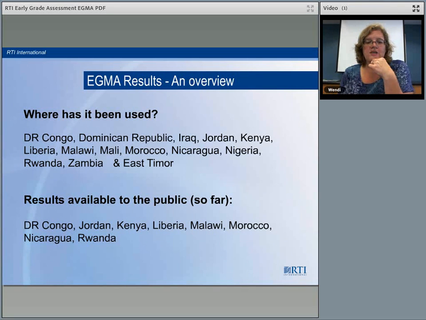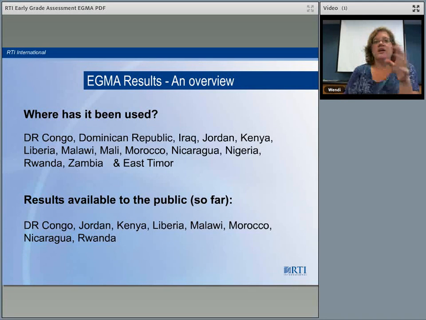The results are not available for all of these countries. As many of you know, it can be a long process to actually collecting the data, analyzing, having the results, to having the ministry approve the results and be willing to disseminate them publicly. So the results that we are able to disseminate publicly at this point are Congo, Jordan, Kenya, Liberia, Malawi, Morocco, Nicaragua. So those are the only ones that I'm including in the next slide and a glimpse of the results,